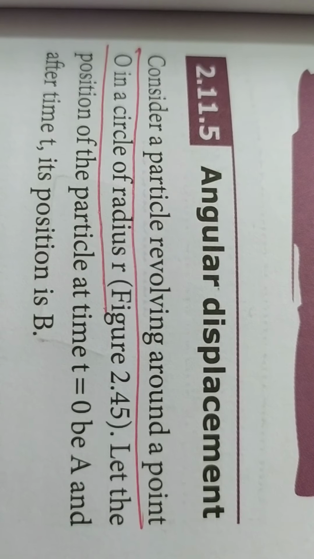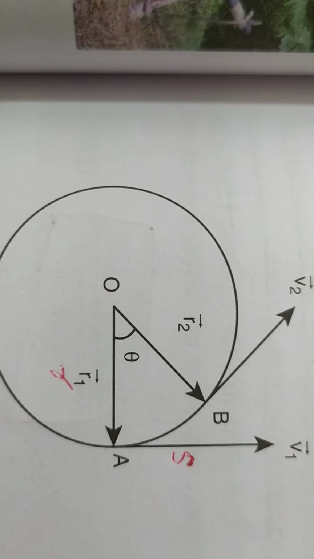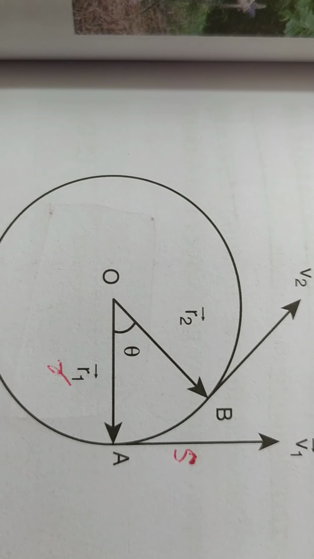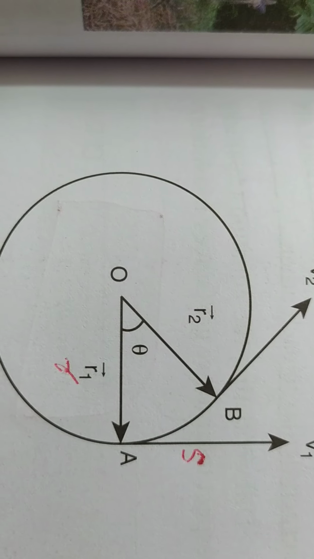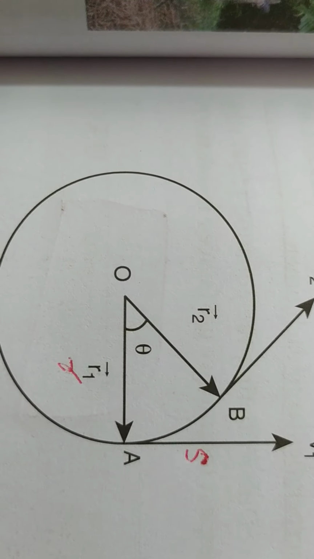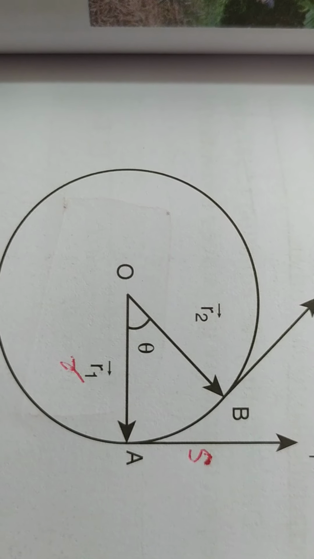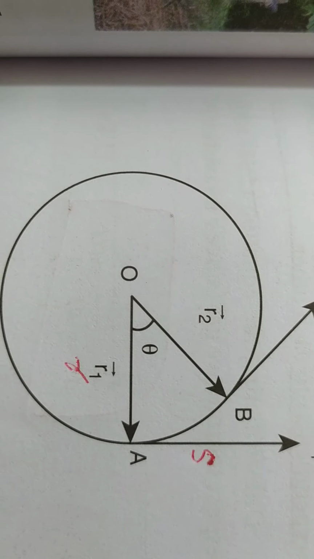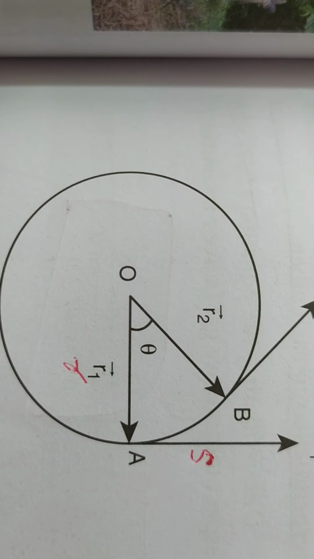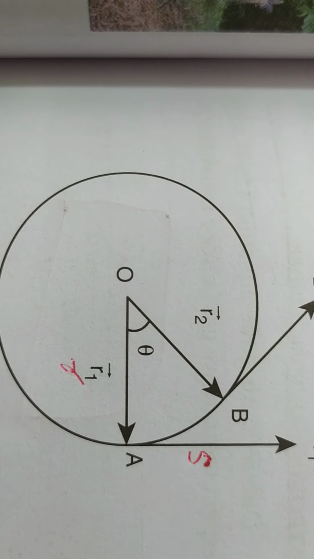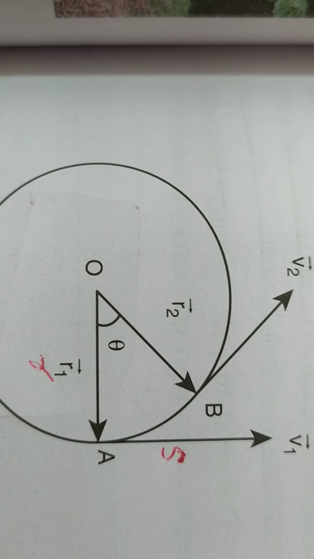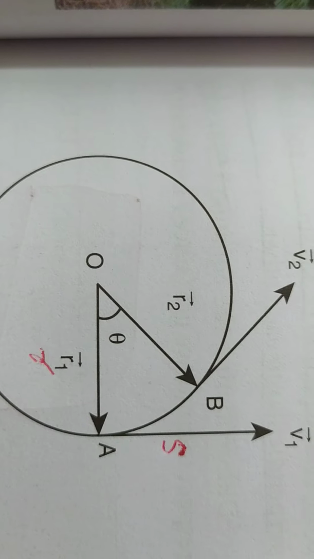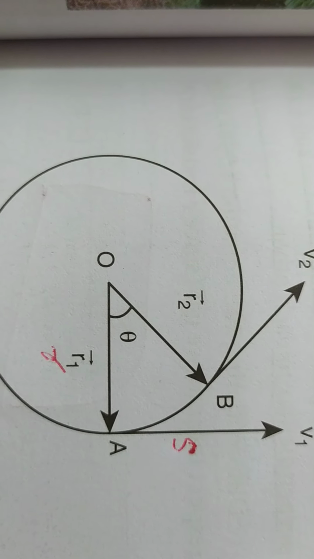And the next topic is angular displacement. For that, in this diagram you take a particle, and this particle is moving in a circular path, and A is the initial position, and after a certain time it reaches the point B. Now the 2 points meet at the point O, and the angle subtended by these 2 positions is equal to angular displacement. And so here V1 and V2 are the velocities at points A and B, and the velocities are usually drawn as a tangent.